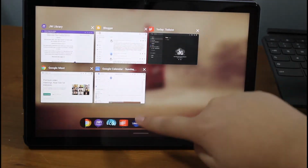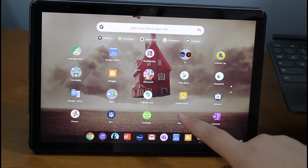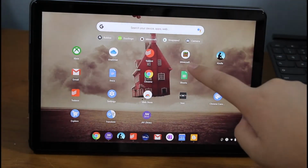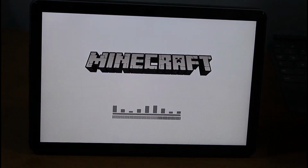Software, however, it's a lot different story. So Minecraft, one of my favorite games, Microsoft for some reason just decided to take it off the Google Play Store, and I have no idea why. Like, seriously, I don't know why. I still have my copy, but it's stuck on 14.4, so I can't exactly play all the servers I want